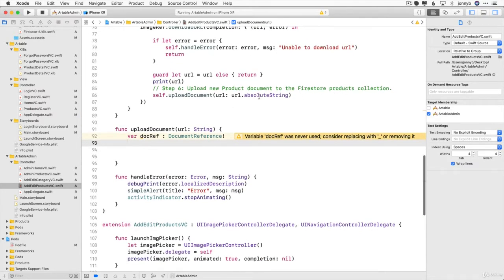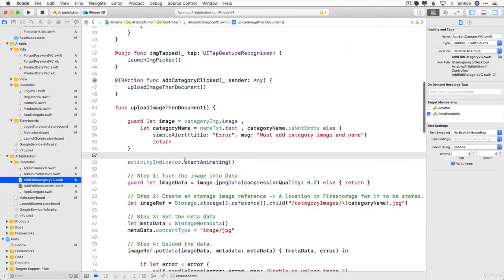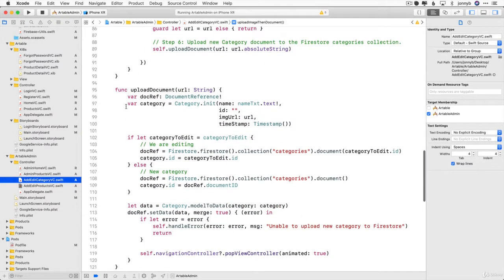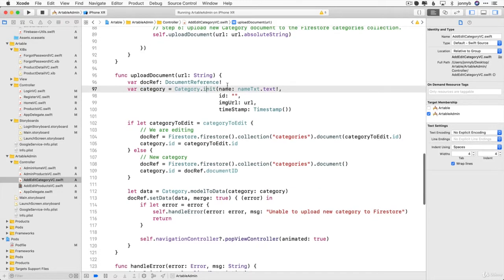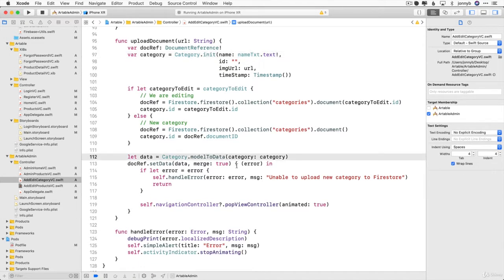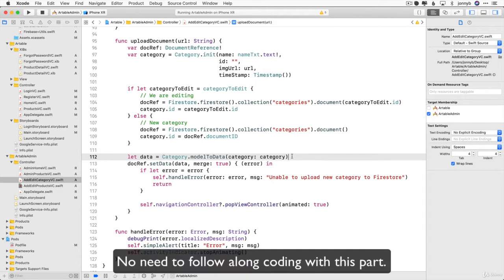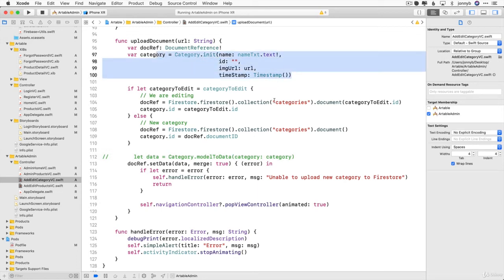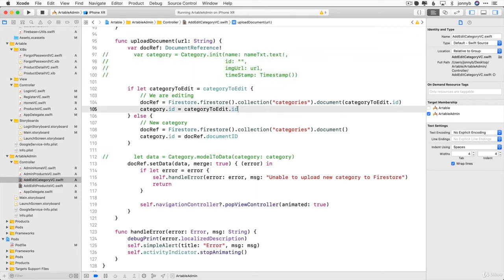okay? So we did this in add edit category like so. We created a new category, and we needed to create a new initializer. We did this so that we could create a category instance, and then convert that category instance back into data. Now technically we don't have to do it like this. So just going back and showing you how we could have done this differently, we could say, instead of all of that, what we could do